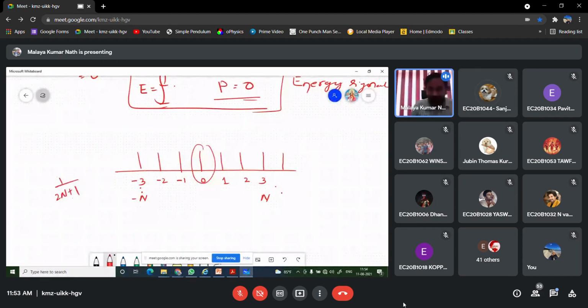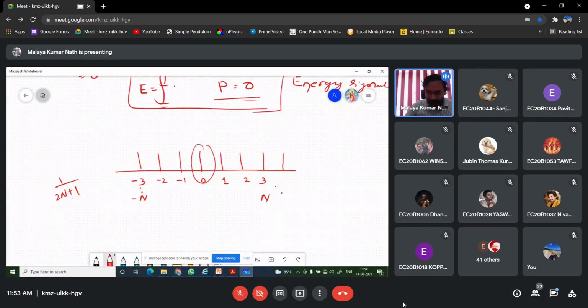But in case of integration, it is continuous, so the interval is from -T to T, and we can directly divide by 2T. So in the discrete case, an additional sample is coming, and that is sitting at 0. That's why we write 1/(2N+1).